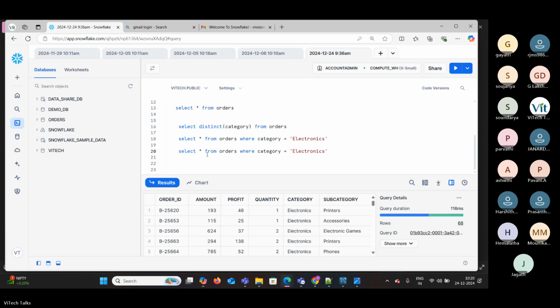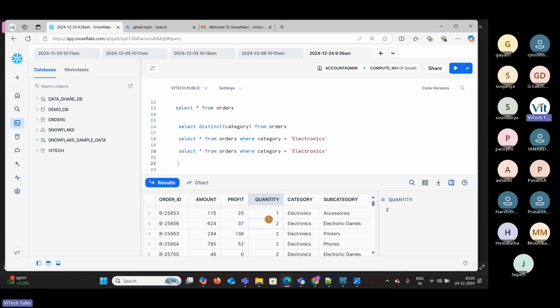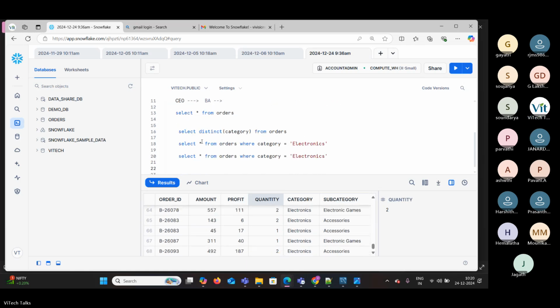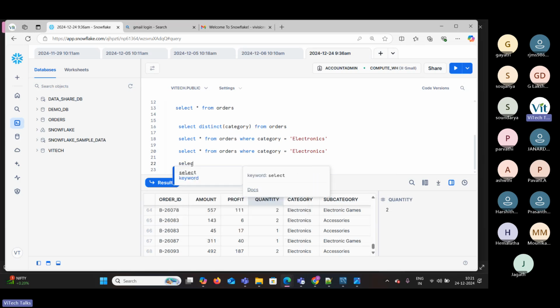Now if you observe here, electronics, printers, electronics, accessories, electronics. How many? The quantity is how much? Two quantity is there. Now, the very first question: I want to see the quantity of electronics. What is the total count? So in order to find this,